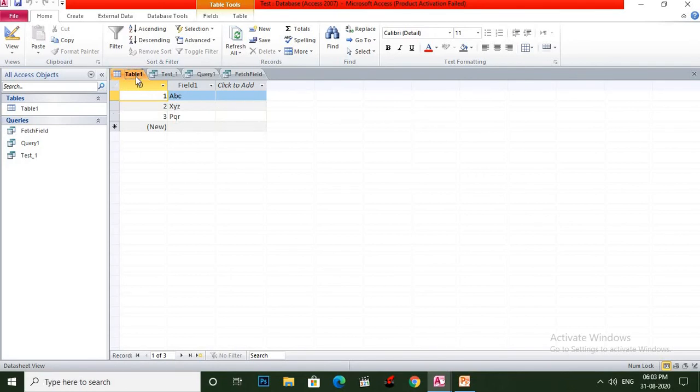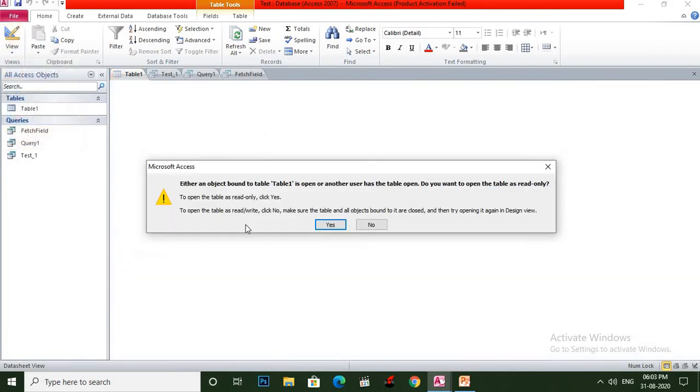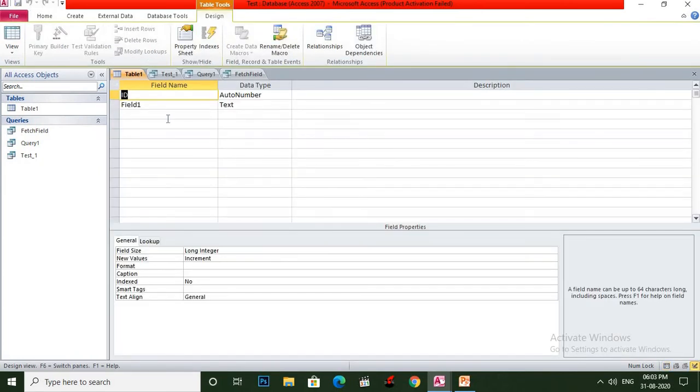Now click on View from the Home tab. You can see here 4 options: datasheet view, pivot table, pivot chart and design view. We are already in datasheet view. Suppose I want to change to design view, click on design view. Yes, so you can see our view is changed to design view.